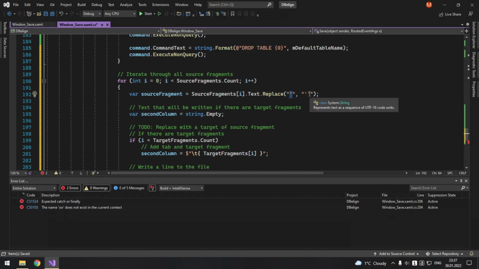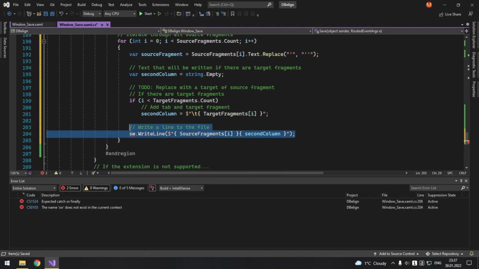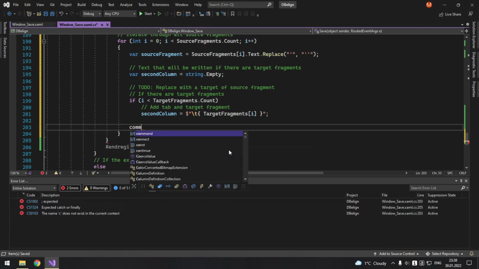So 1, 2. Okay, so and then the text, and well, this part will be the same, but we don't write a line to the file. Instead we will again change the command.